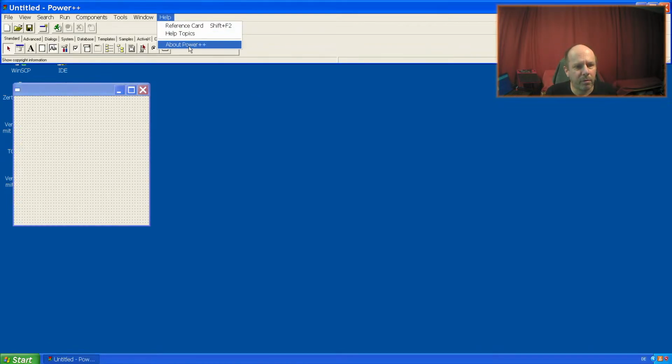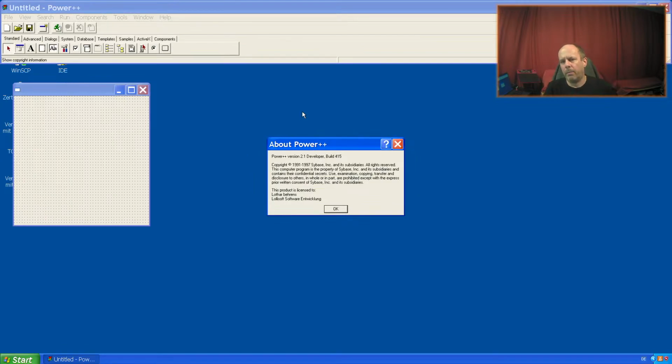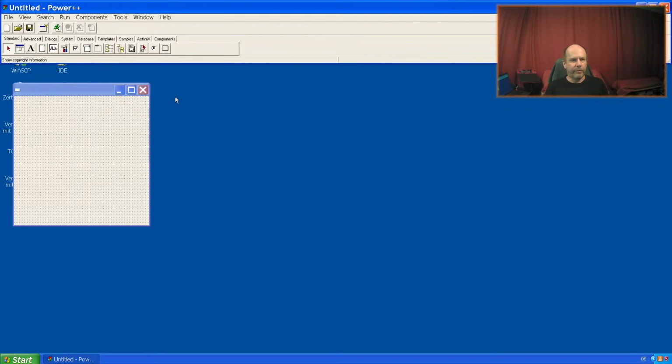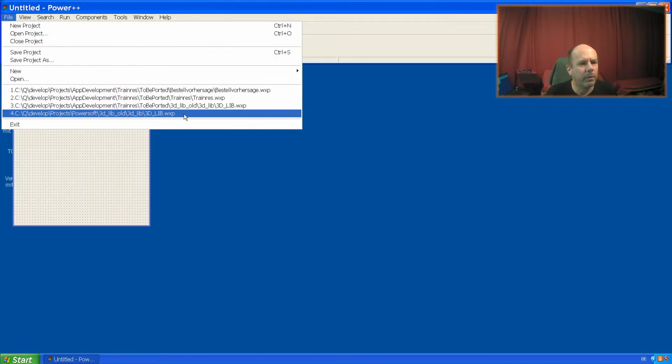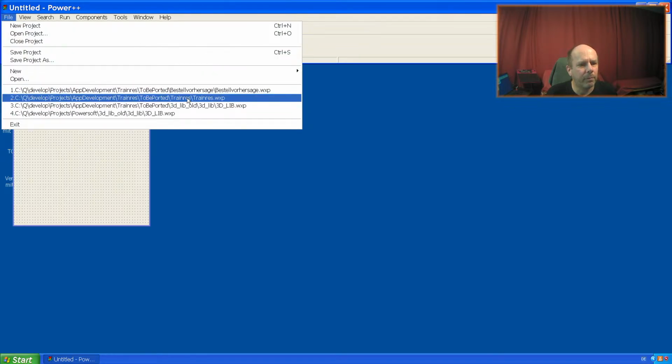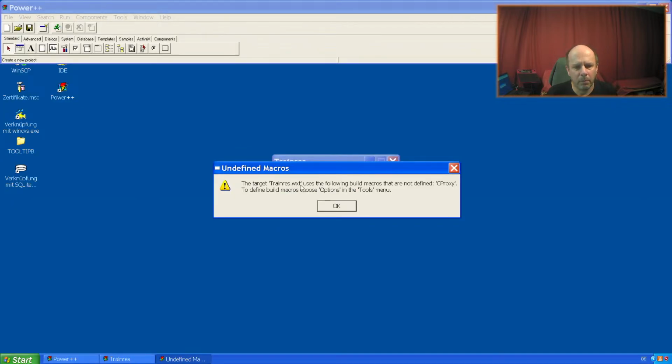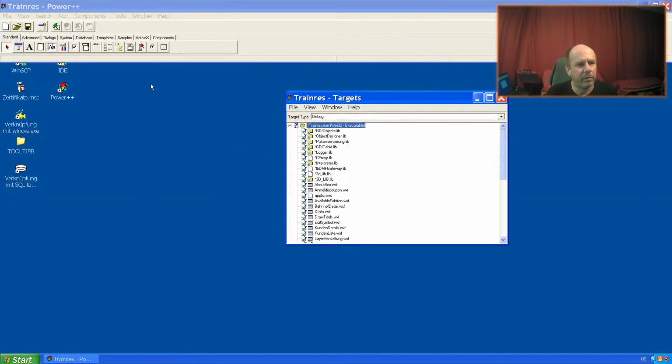Power++ was a tool built by Sybase, and it was the introduction of database development in one product that enabled me the development of the next step of the train reservation system. And here I could show you some errors, of course.